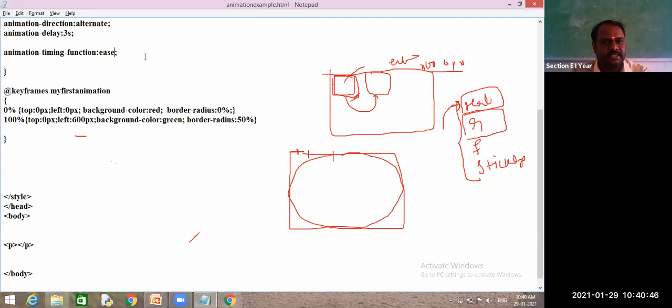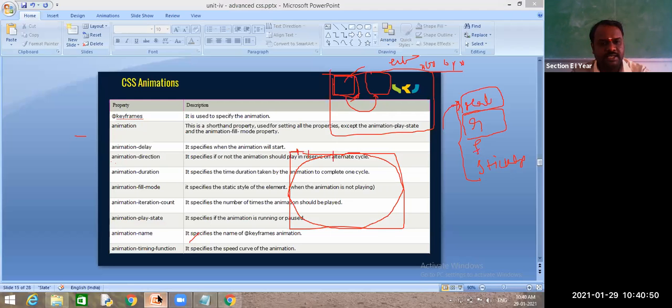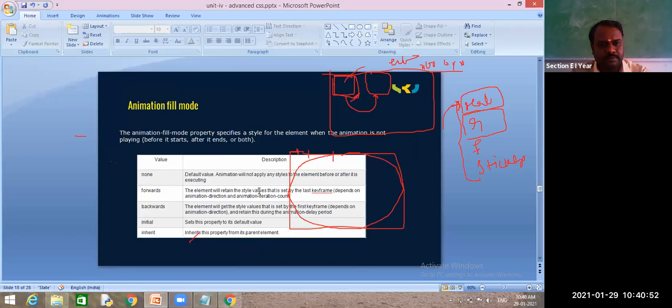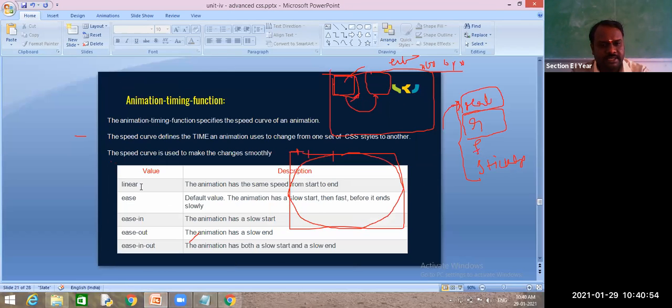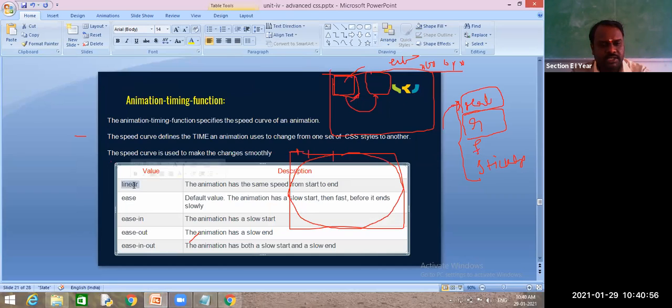Next, we have 2 more values, ease in and ease out also. What is linear? The animation has the same speed from starting to ending. What is the default value? The animation starts slow, then fast, and before it ends it is again slow.